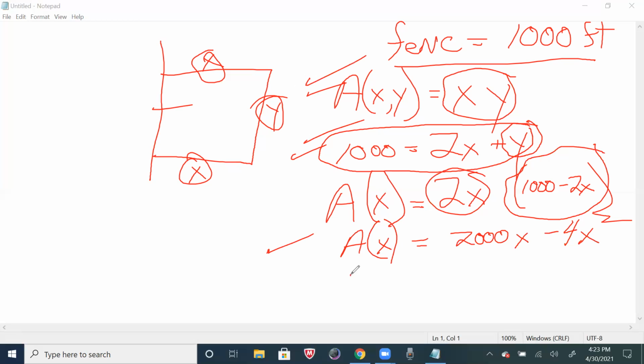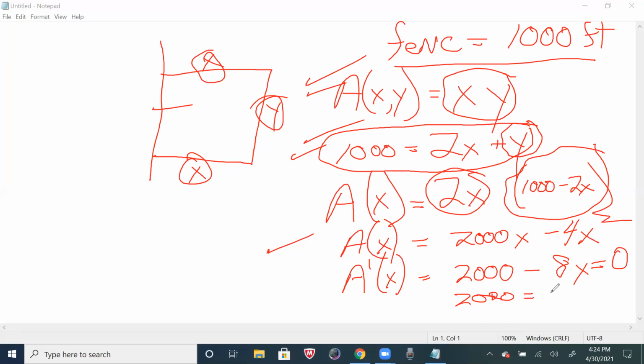So now the next step is always to take the derivative, which becomes 2,000 minus 8x. With me? Okay. Going to set that equal to 0. So now I have 2,000 equals 8x, and x equals